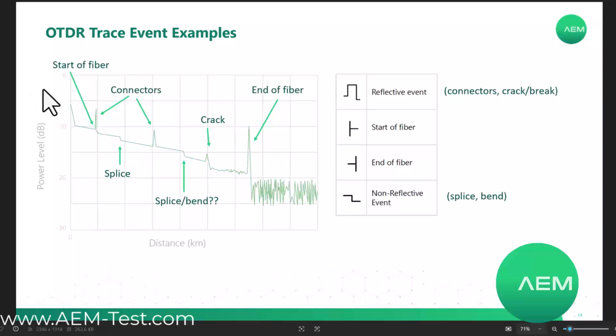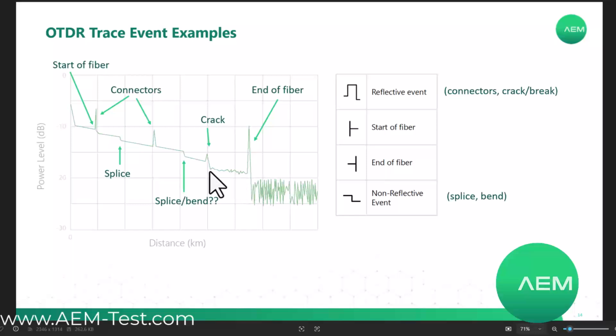When a fiber optic loss test is failing and you can't figure out why, an OTDR is a very useful tool to figure out what's going on. The OTDR will help you identify issues along the fiber. You can find connectors with excessive loss, you can find splices with excessive loss, you can find bends in the fiber, cracks in the fiber, and of course you can find the end of the fiber in the case of